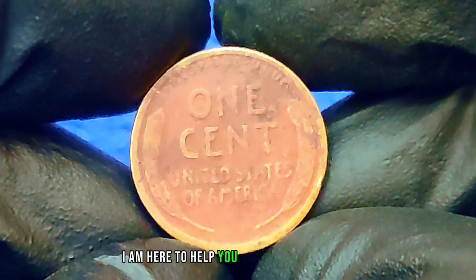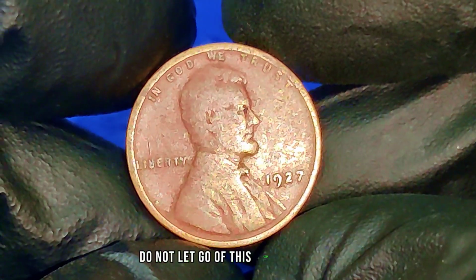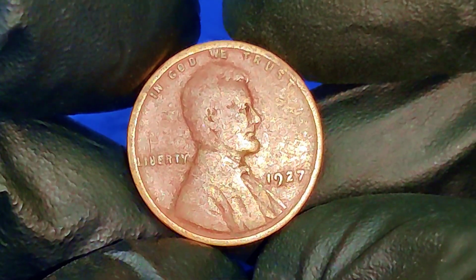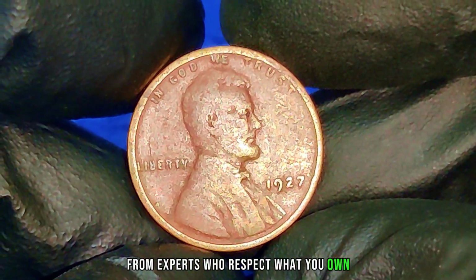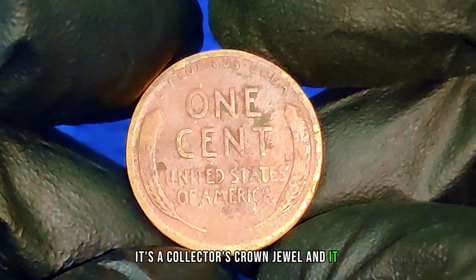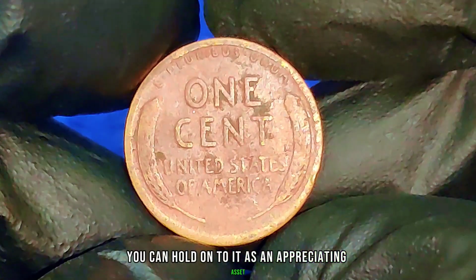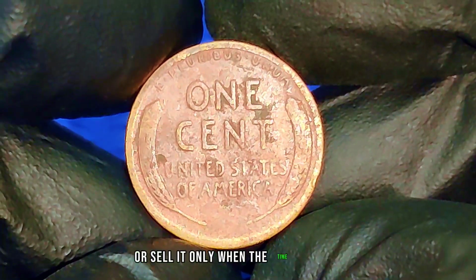I am here to help you understand the true value of what you have. And I'm telling you now, do not let go of this coin without a proper valuation from experts who respect what you own. This isn't just a penny. It's a collector's crown jewel, and it deserves the royal treatment. You can hold on to it as an appreciating asset or sell it only when the time and the price